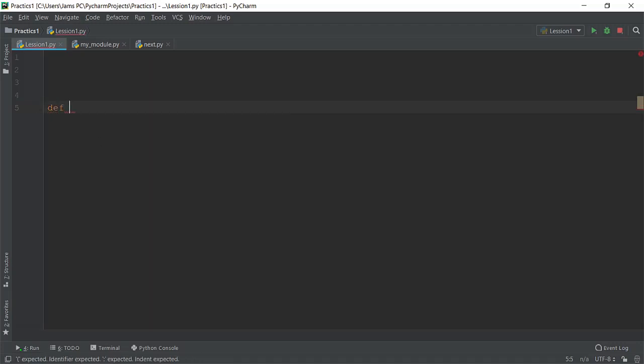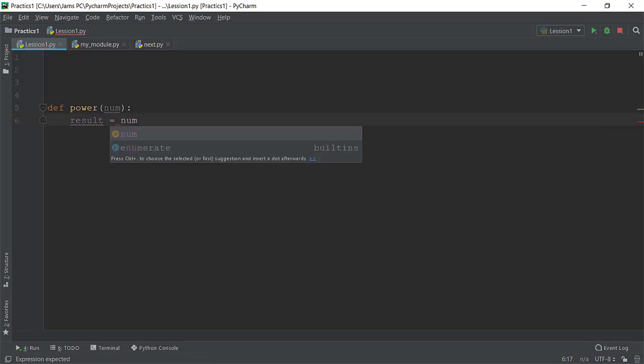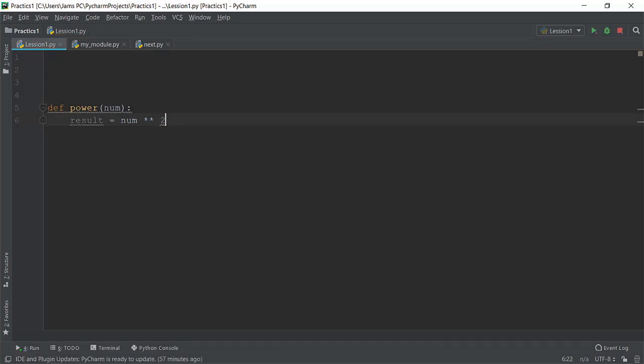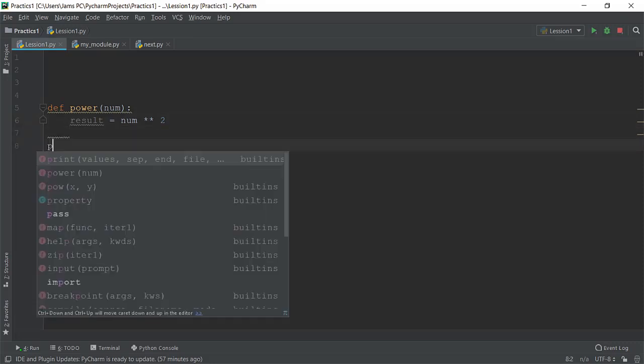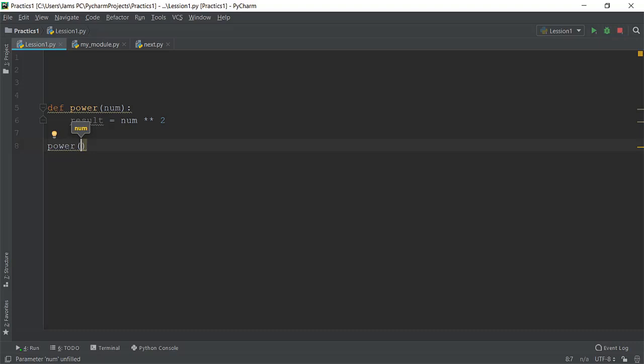Now for example, I will make a function and I will call it power. Okay, and we are powering a number. Therefore we are going to say a number. Okay, and we are just going to call result. We are assigning a variable and number, and since for power we are going to use the double asterisk sign, and then I'm going to use 2. And now once I'm going to call the power function, then I have to write a number. For example, I will write 4, and I have to also